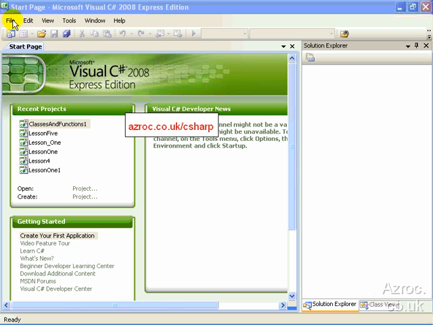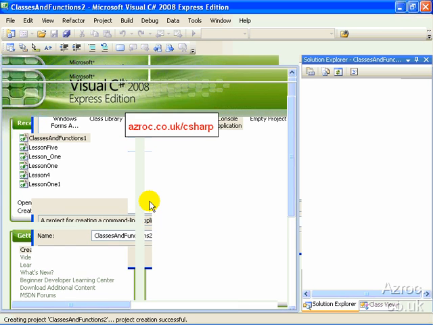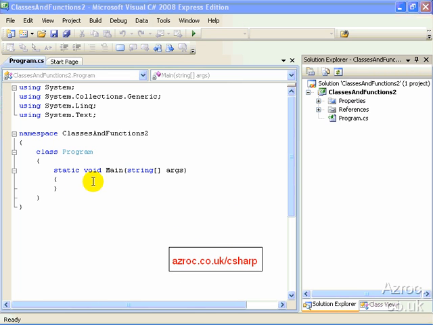So let's go ahead and start up a new project here. File, new project. We'll make it a console application, and we'll call it Classes and Functions, or we could call it Methods actually. Part 2, doesn't really matter. And we'll hit OK. Now, here's the entry point for our application again, the static void main function within class